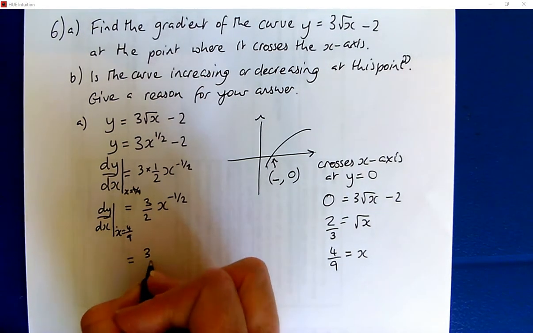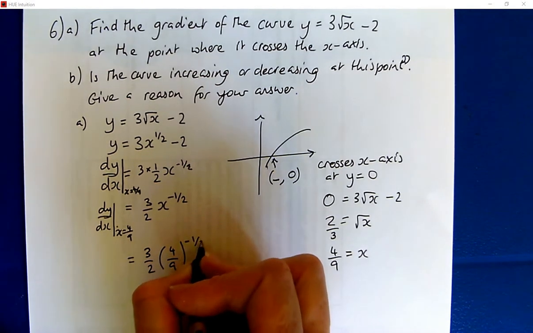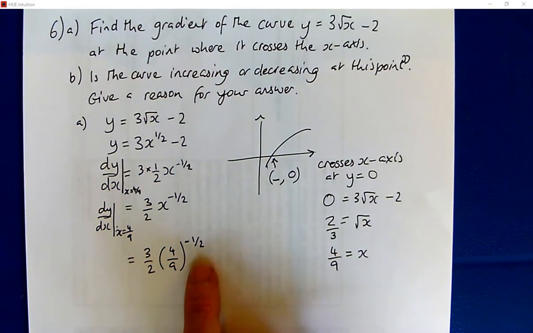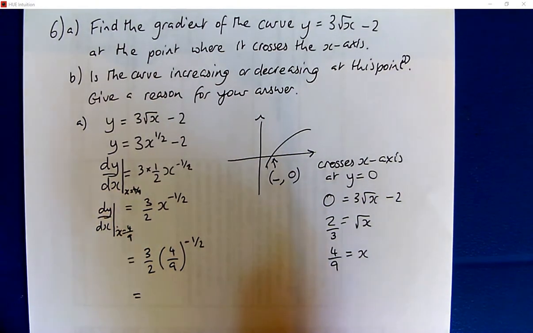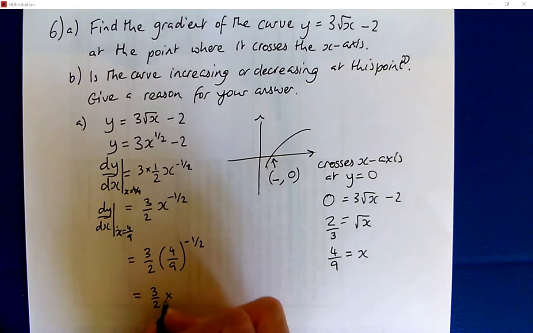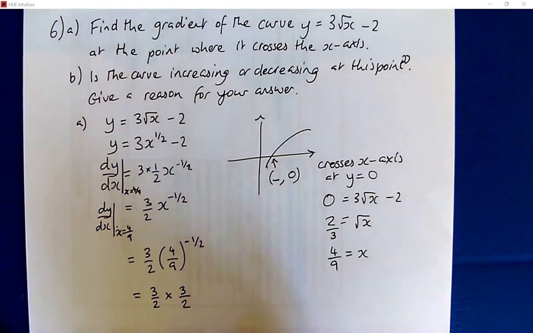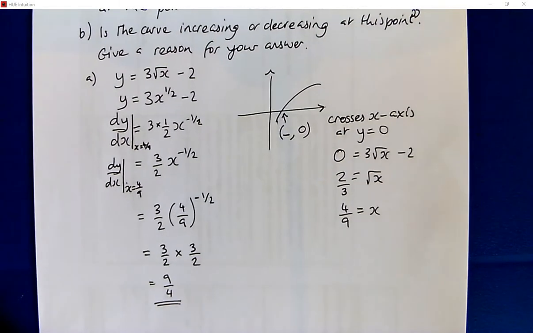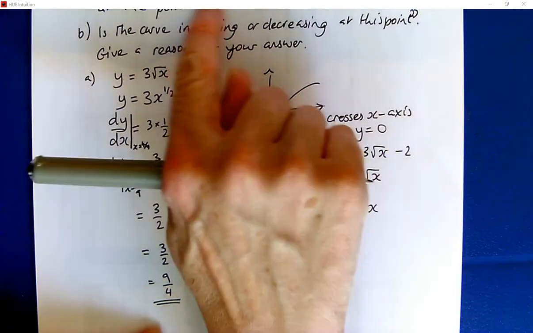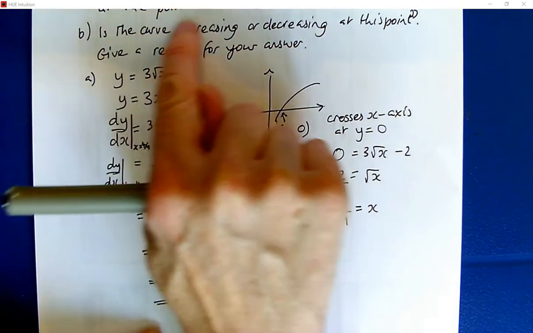Okay, so we've got 3 over 2 times by 4/9 to the negative a half. Now you might remember that's the reciprocal and the square root, or you can type it into your calculator. And if you type that into your calculator, you're going to get 3 over 2. And so our final answer is 9/4. Okay, so the gradient of this curve, we had to differentiate to get the gradient, at the point where it crosses the